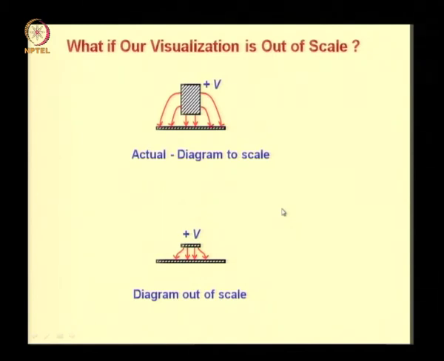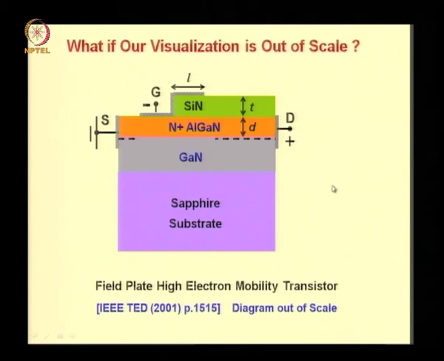Let us take one more example. In the introductory module, the very first module in fact, that is module 0, we had shown the diagram of a field plate high electron mobility transistor. This diagram looks something like this. Here this arrangement, which is a protrusion of the gate towards the drain side, was used to enhance the breakdown voltage of the device, and this arrangement is called the field plate because the field from this plate affects the conditions in the channel and helps in improvement of the breakdown voltage.